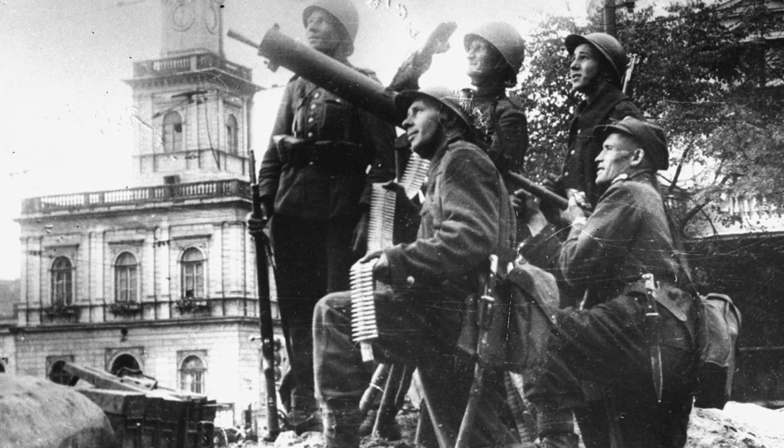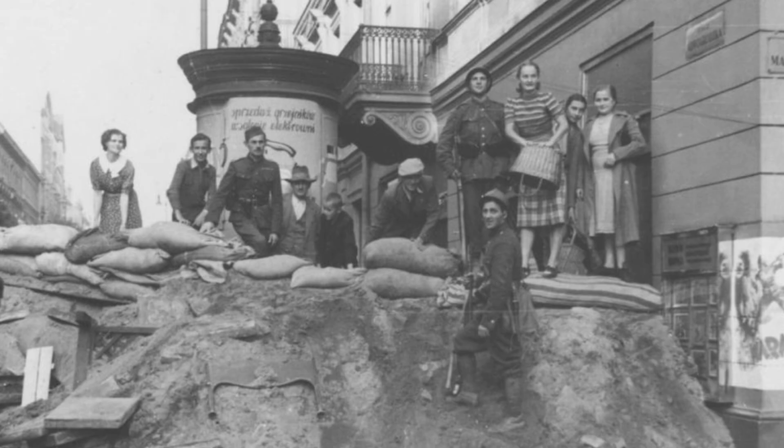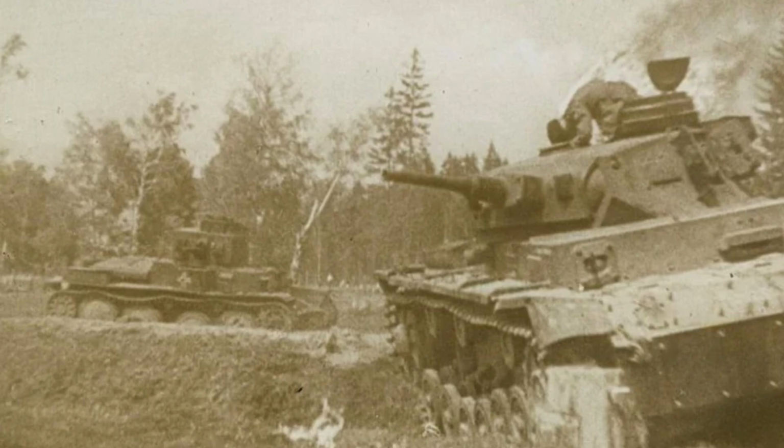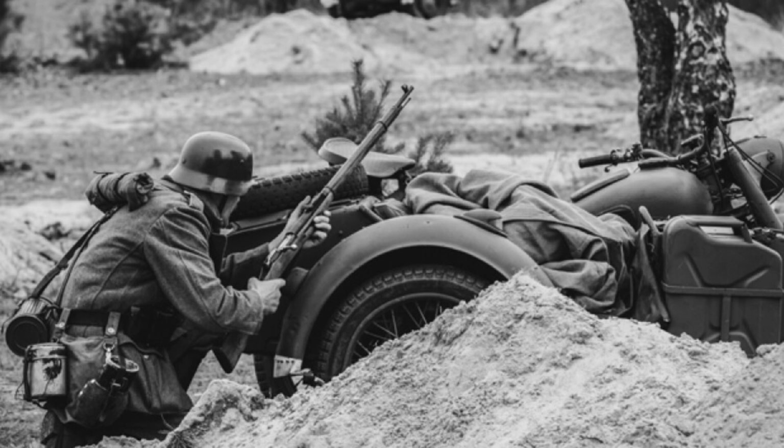As German tanks neared, civilians in Warsaw dug anti-tank ditches and built barricades. An incredible show of strength in the face of certain defeat. Around 150,000 civilians helped prepare the city for its final stand. By September 8th, Warsaw was surrounded. The Germans launched an attack from the south, but Polish forces repelled it. The next day, the Poles threw Molotov cocktails and set fire to German tanks, causing a brief retreat.